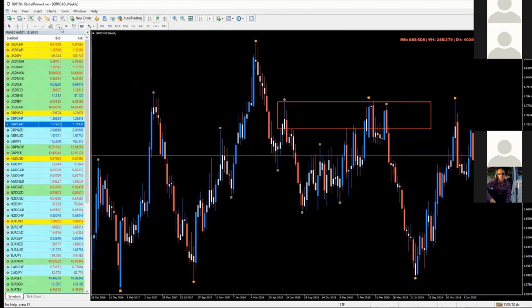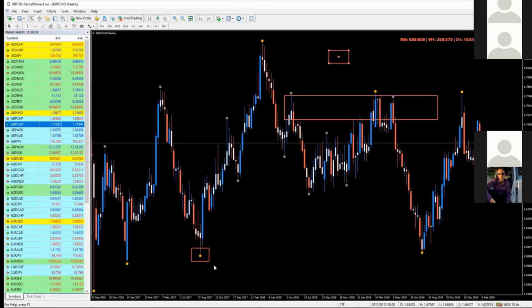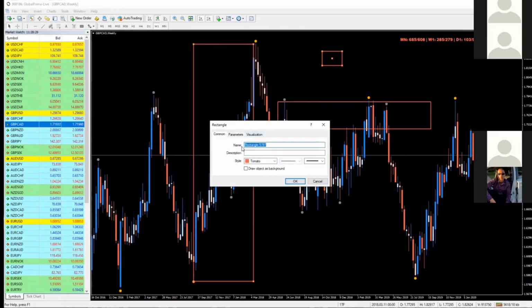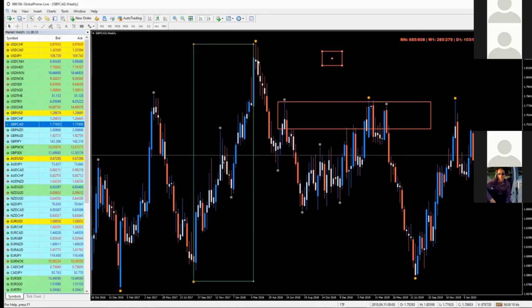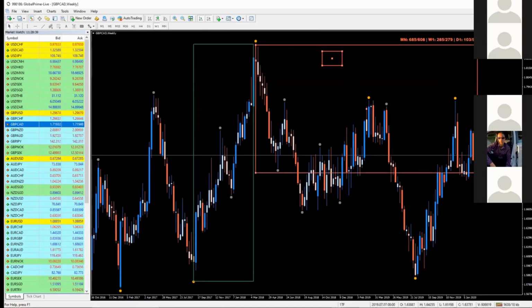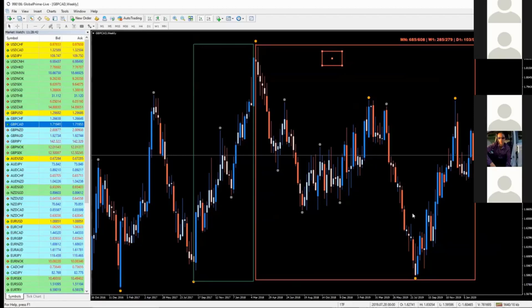What I like to do is mark off an extreme high and an extreme low, and then put a box around these two. So I'll mark from the low to the high of the move up. I go like that, and I move it all the way up here. I'm going to change this color to green. Then I have this one here, which goes like that. This is important because this enables me to sit on my hands until price is reacting on